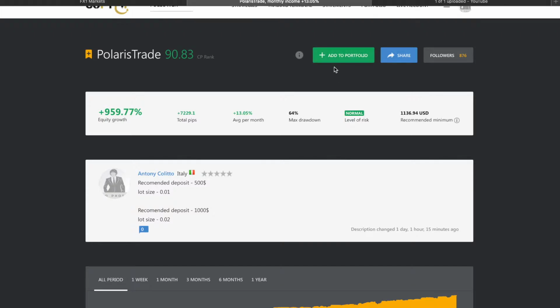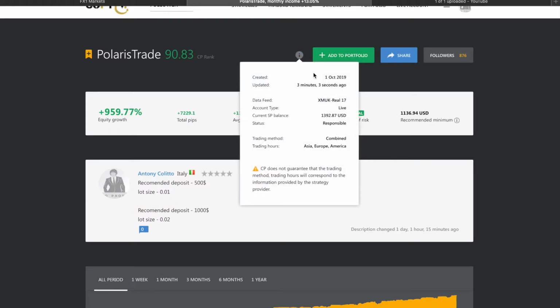The video will be about how to add and set the settings when you want to add a trader, so it will be covered in another video. This section is giving you much more information about the trader. This trader is live. Guys, it's important because sometimes the traders are demo, and when you're trading on a demo